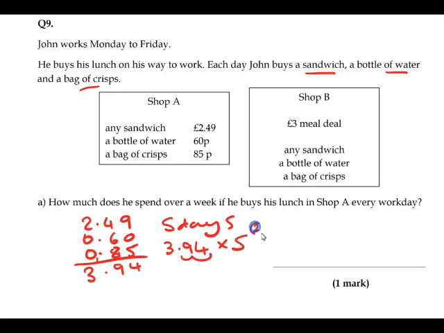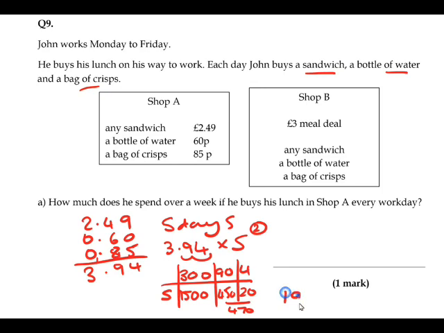Remove the decimal point 2 places and it becomes 394 times 5. 5 threes are 15 with 2 zeros. 5 nines are 45 with a 0 and 5 fours are 20. Add them together, so we've got 470 with these two, plus our 1500 is 1970. Put your 2 decimal places back, and it's